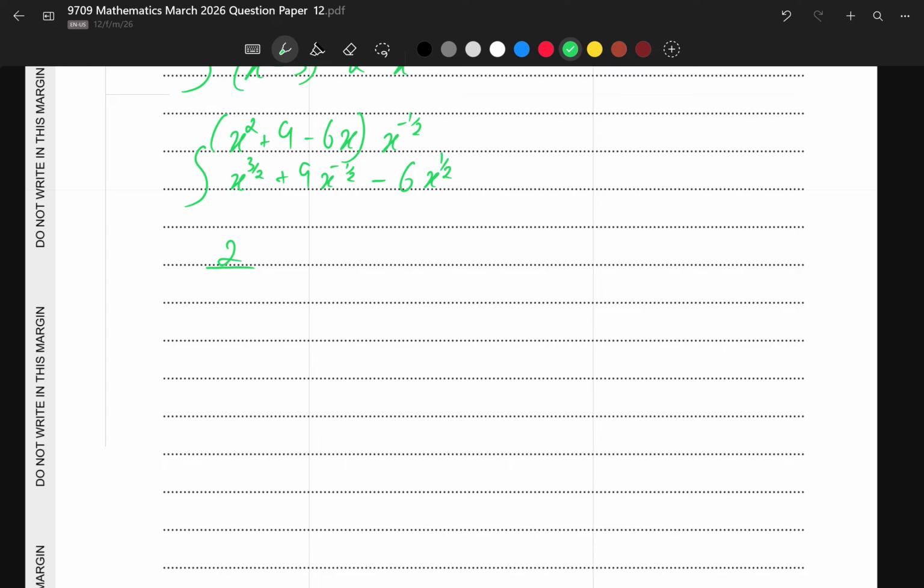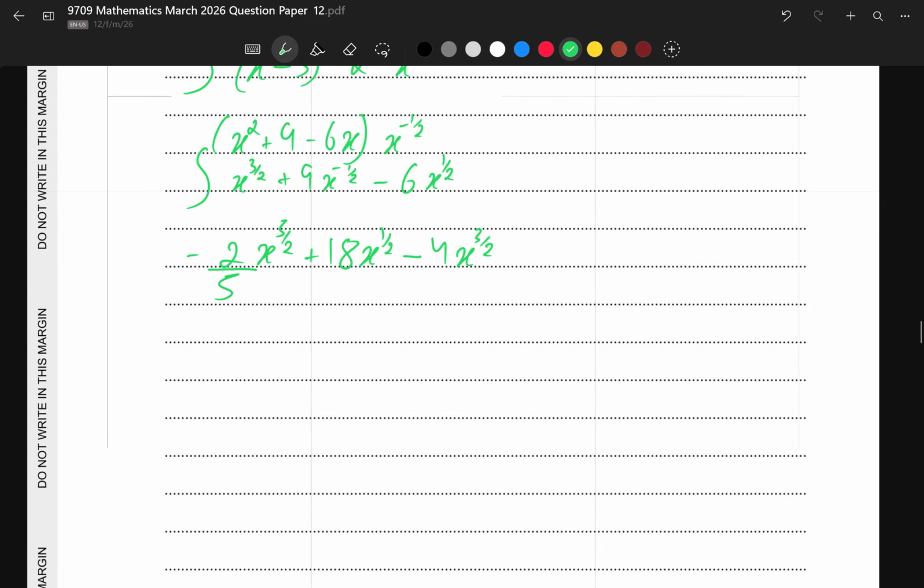So it became 2/5 x^(5/2) plus, minus 1/2 plus 1 is positive 1/2. Positive 1/2 divided by 9 is 18, and x^(1/2) minus, now 1/2 plus 1 is equal to 3/2, and 6 divided by 3/2 is 4. So 4x^(3/2). So the equation is all integrated,